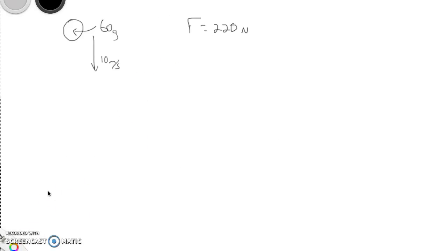Okay, so I'm going to show another scenario here in which we're going to actually use impulse to solve for some information. So here's an egg. It has a mass, we'll say, of 60 grams. I'm not sure if that's correct for an egg or not. Let's say it's falling downward at a speed of 10 meters per second, about to hit the ground. And let's say that the average breaking force of an egg is 220 newtons. If it experiences a force of greater than 220 newtons, it's going to break.